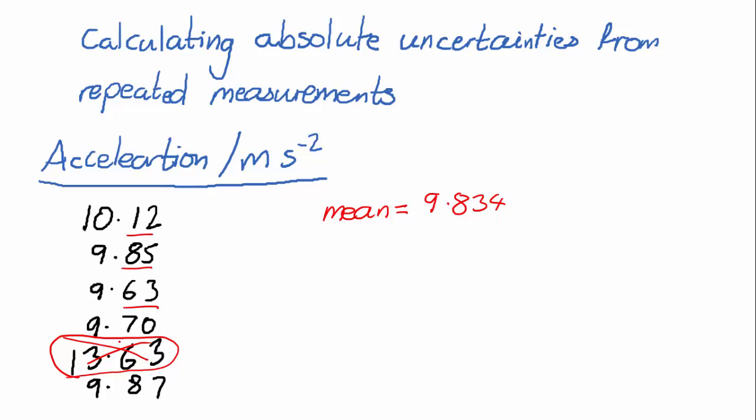calculator as 9.834. And because all of the accelerations I've used to calculate the mean are only to 2 decimal places, I'm going to need to drop my mean down to 2 decimal places, so rounding down to 9.83 meters